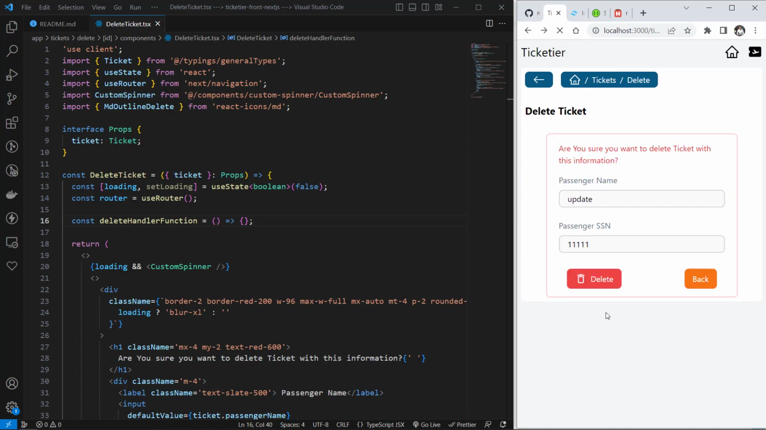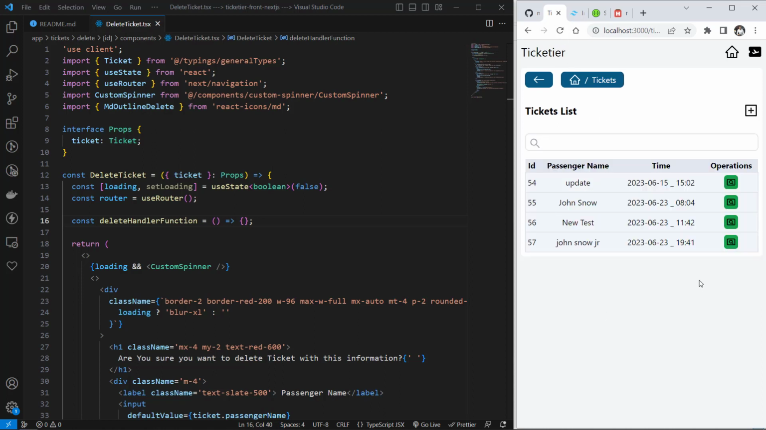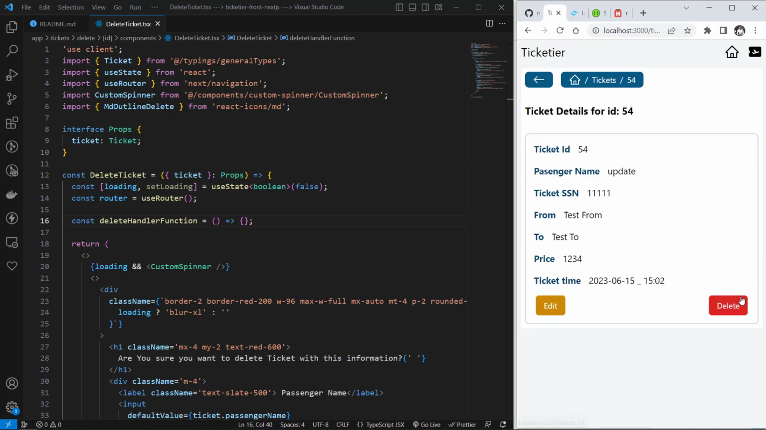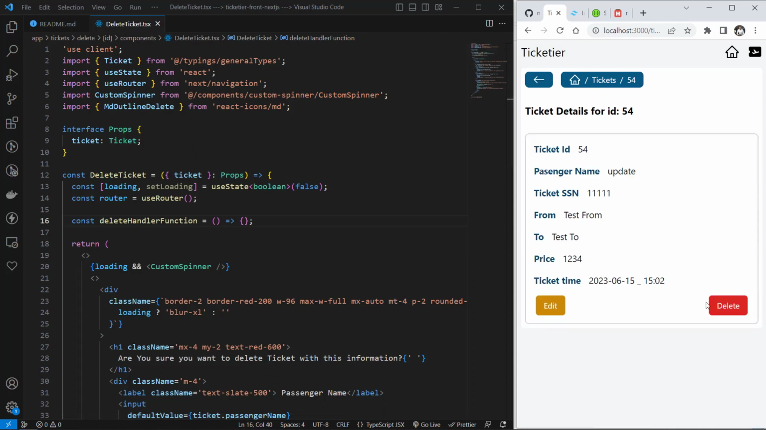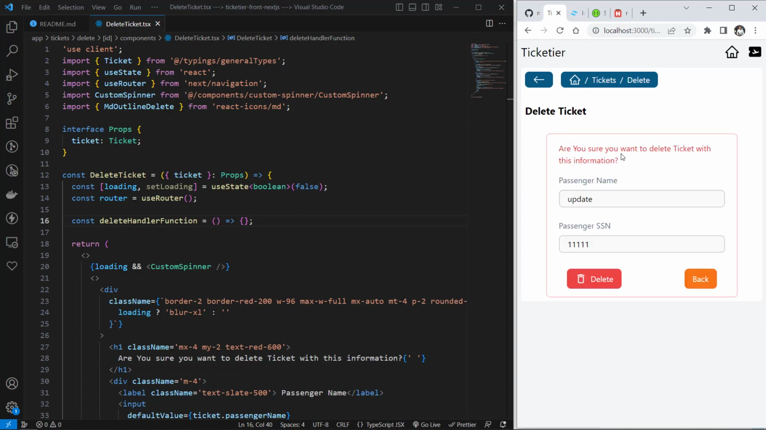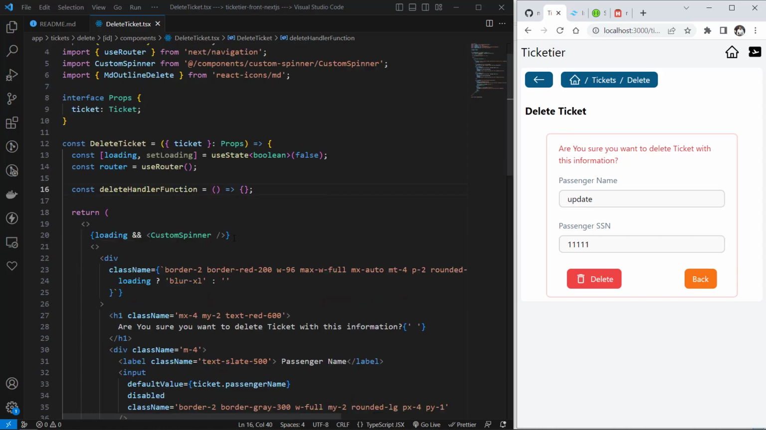So refresh. Okay, if I go to the, yeah, back is working. So go to details, delete. Back, yeah, back going to delete, to details, to the tickets list. So good. So let's go to the delete page, and here now we need to work on this delete handler